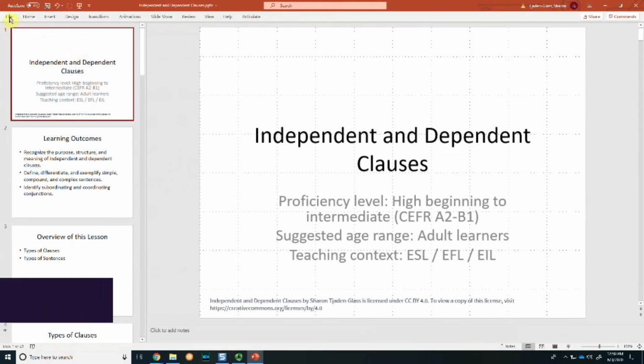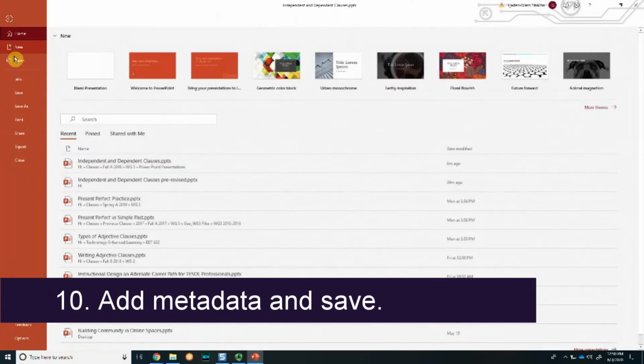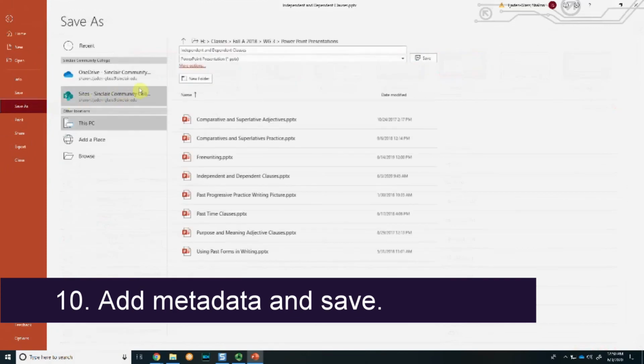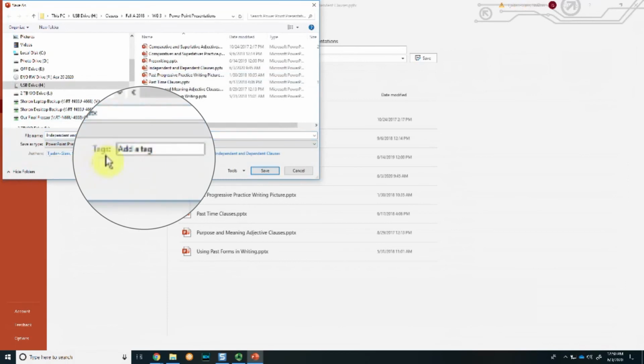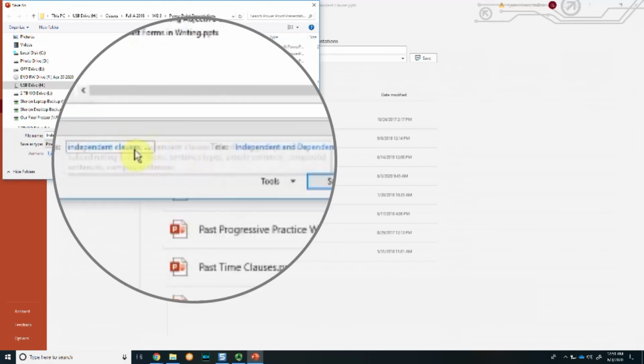So I would make sure that you save it. And to add your metadata, you're going to go to more options, and then underneath tags, you're going to add any words or phrases that you think a teacher might be searching for to find this kind of content. And so there are the tags, the metadata that I've included for this particular presentation, so that when teachers are looking for this, they can easily find